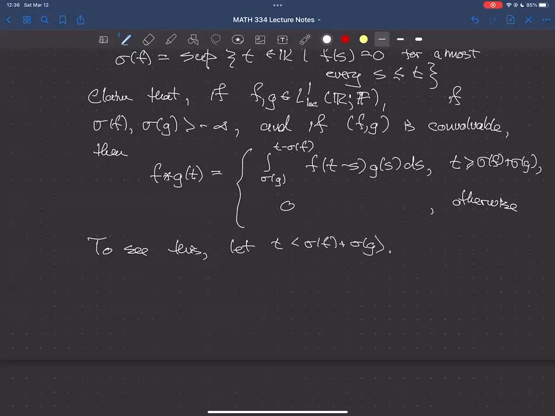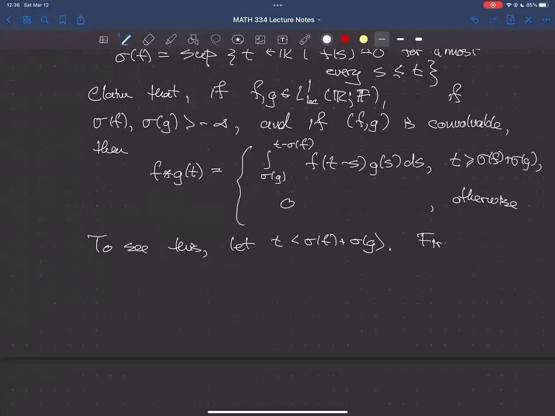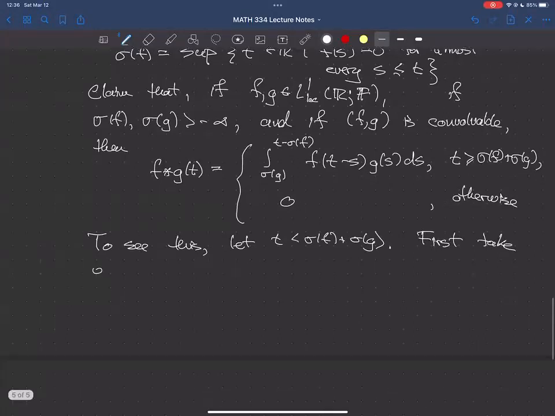Like so. Okay, so I'm going to break this into two special cases. First, I'm going to take s less than or equal to sigma of g. Okay, so then